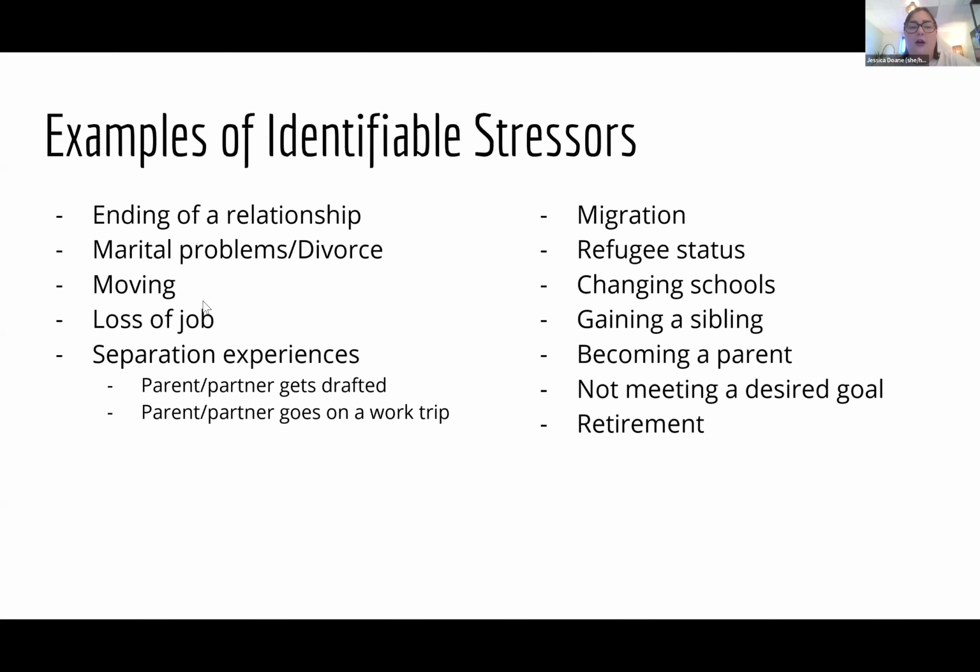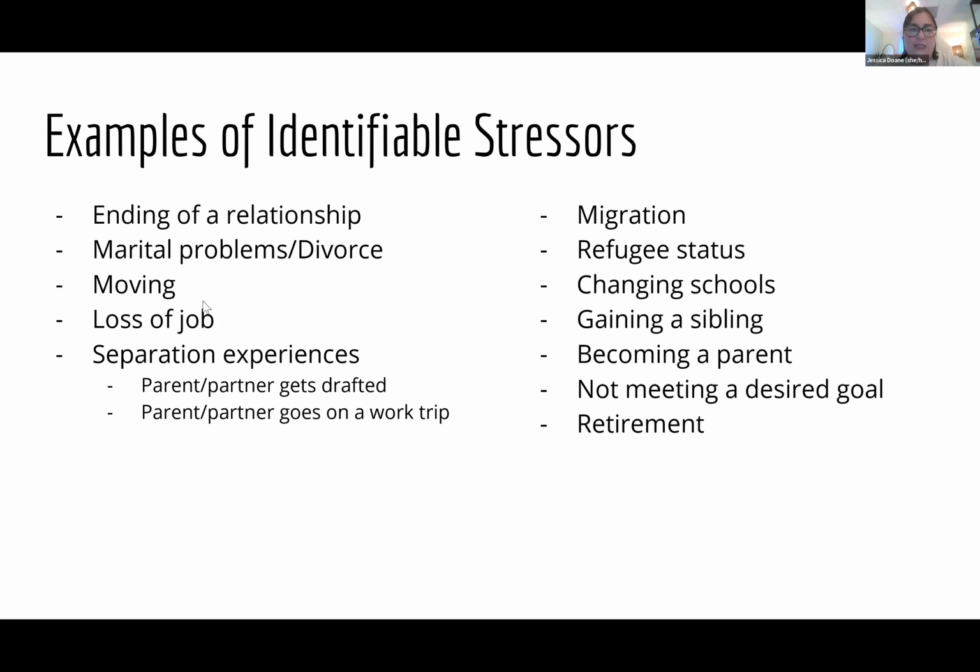So some examples here of identifiable stressors. When you are trying to distinguish if this is related to a present day stressor or if this is related to an already existing mental health disorder, here are some things to think about. So some identifiable stressors, we tried to come up with ones that would impact a variety of people, ages, populations,